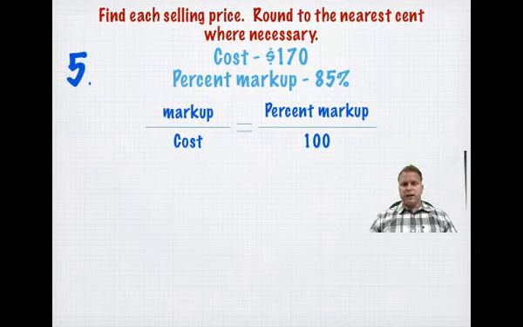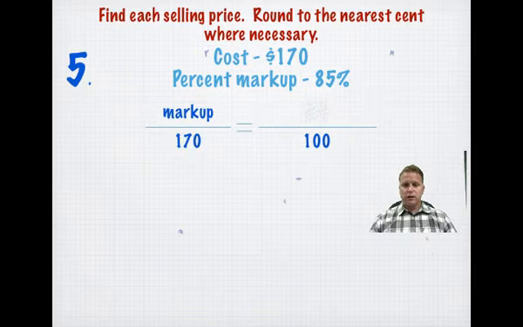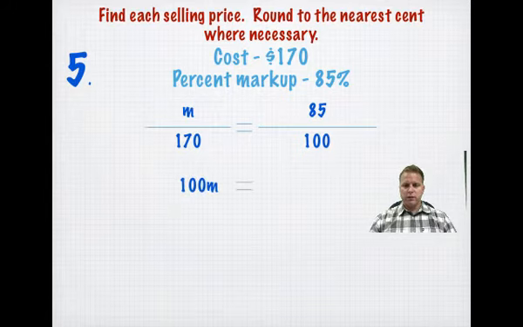So number 5, find each selling price, round to the nearest cent where necessary. The cost is 170. The percent of markup is 85%. So we'll plug in 170 for the cost. We'll put our markup at 85%. And I'm going to use M for markup. We'll cross multiply, so M times 100 is equal to 170 times 85. So we'll have 100M is equal to